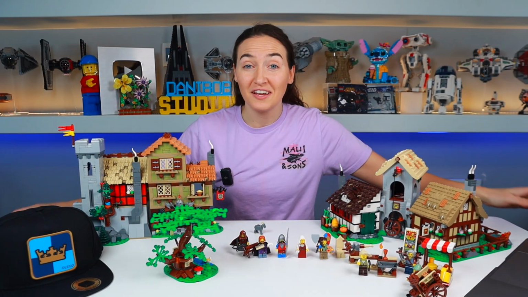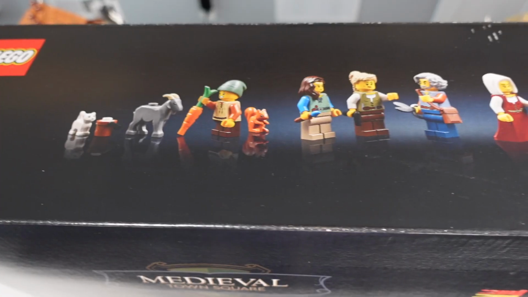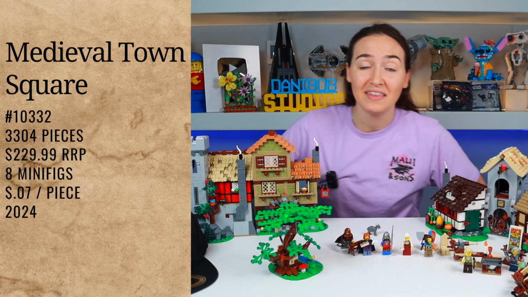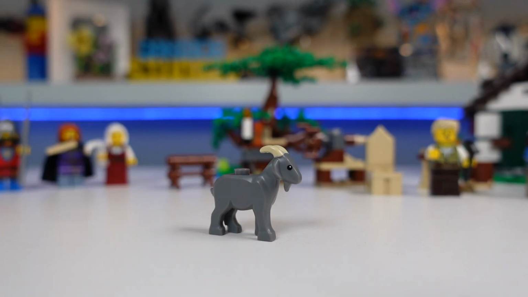Welcome to the town of Felsa, also known as the medieval town square, which retails for $230 and has 3,300 pieces. It includes 8 minifigures, tons of side builds, and of course a new goat molded figure. And that's a big deal because we haven't seen one of these since 2011, making that goat right there rise in value quite extremely. Not only can you get this gray goat, but you can also get a white goat